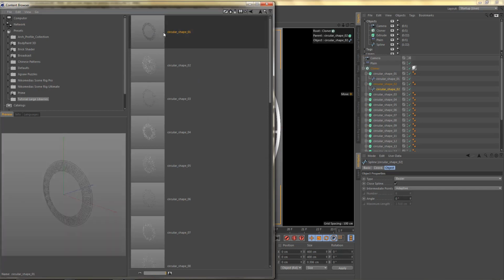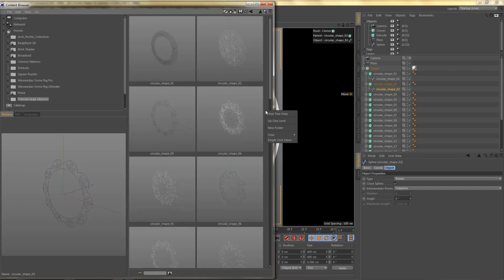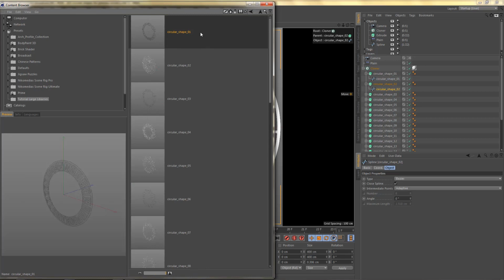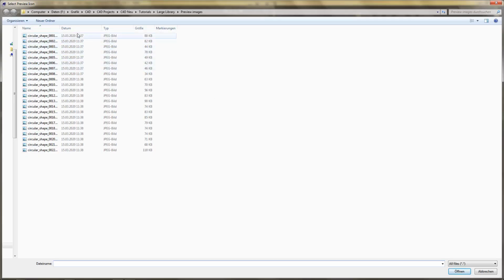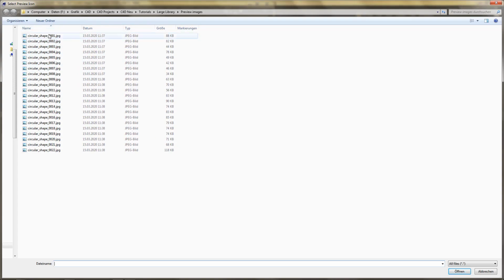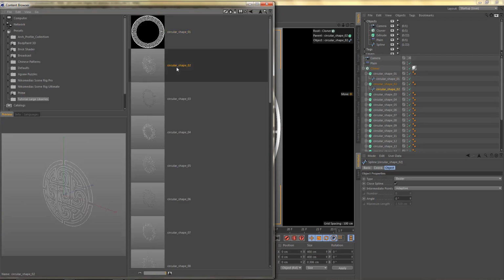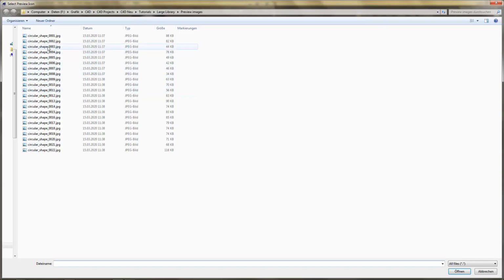What we need to do instead is select each object, right click, and by the way, I've changed the view to list. Previously it was on icons. If you right click, you can change that here. So I'm displaying this as the list, which shows the image and the file name next to the image. So what we need to do is select each of these objects in the library, right click and choose set preview. And then you need to navigate to the folder where you saved your images and double click on the image, and it's going to be added as the preview. So I'm going to do that quickly for each of these